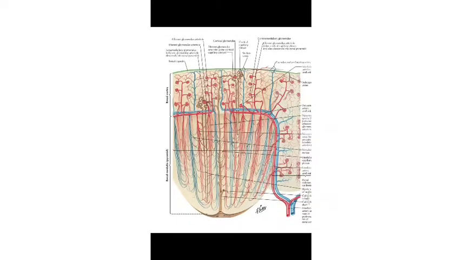This is a section of the lobe of the kidney comprising a cortical arch and the renal pyramid, which is a part of the lobe. Here on this side will be the renal column. You can see the lobar artery, then the interlobar artery with the vein. Here you have the arcuate artery with the arcuate veins. Here you have the interlobular veins, arteries.